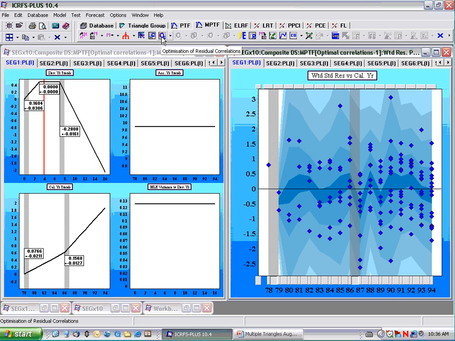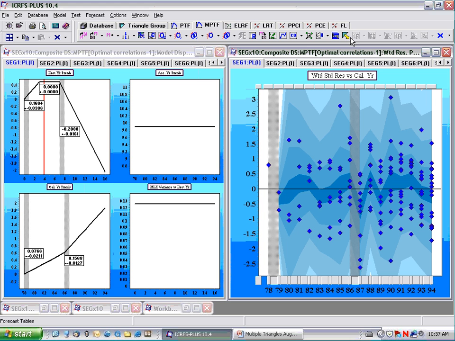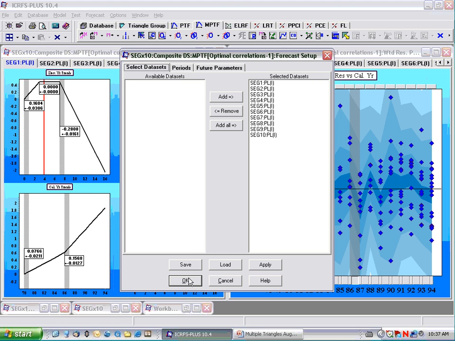Well, one thing we could do is go back to, say, independent modeling. Sorry for that interruption. Why don't we just make sure that we're on the same page? Why don't we load model optimal correlations, forecast, dialog box, just click on OK,